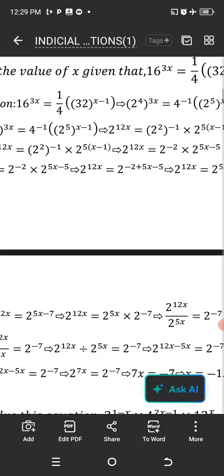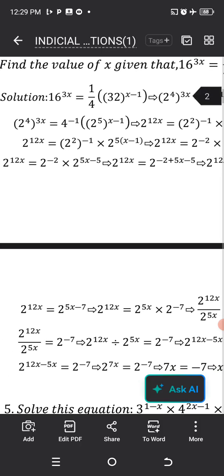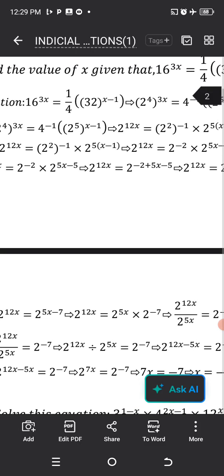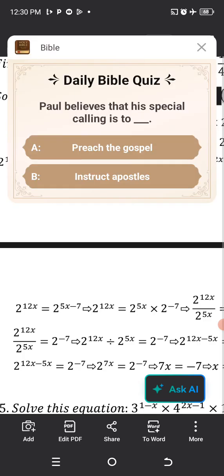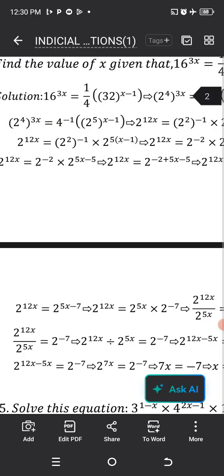We apply product law because the expression 2 raised to power 4 inside the parentheses multiplied by the index of 3x has now changed to 2 raised to power 12x, because it's product law, by multiplying the index inside the parentheses by the index outside the parentheses. That's why we're having 2 raised to power 12x, which is eventually equal to